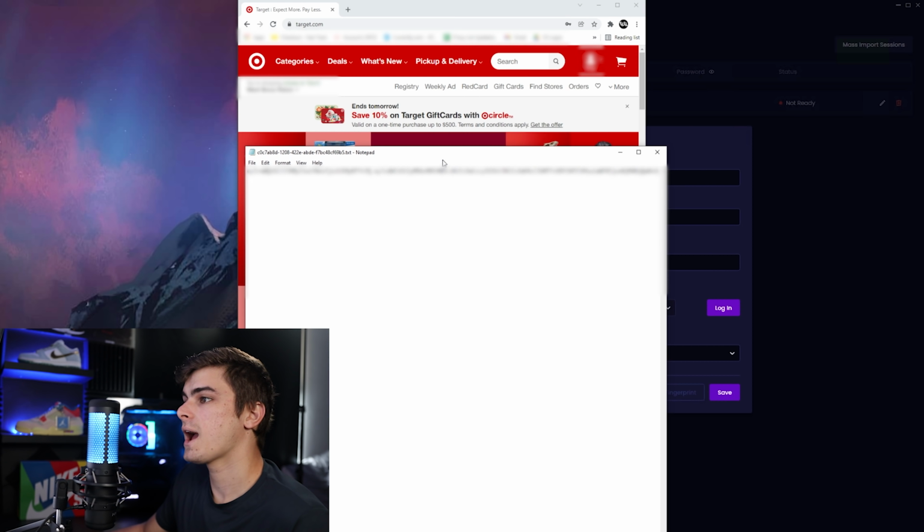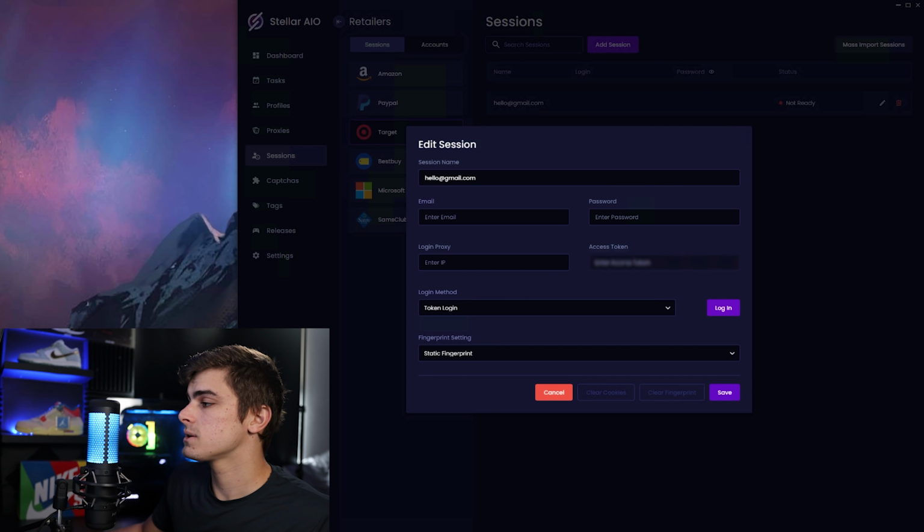and you can see that it downloaded right here. And then your access token should be a long string of numbers and letters, and all you're simply going to want to do is copy and paste the entire thing, and make sure you're going all the way to the right if you're using Notepad. We're going to copy that,